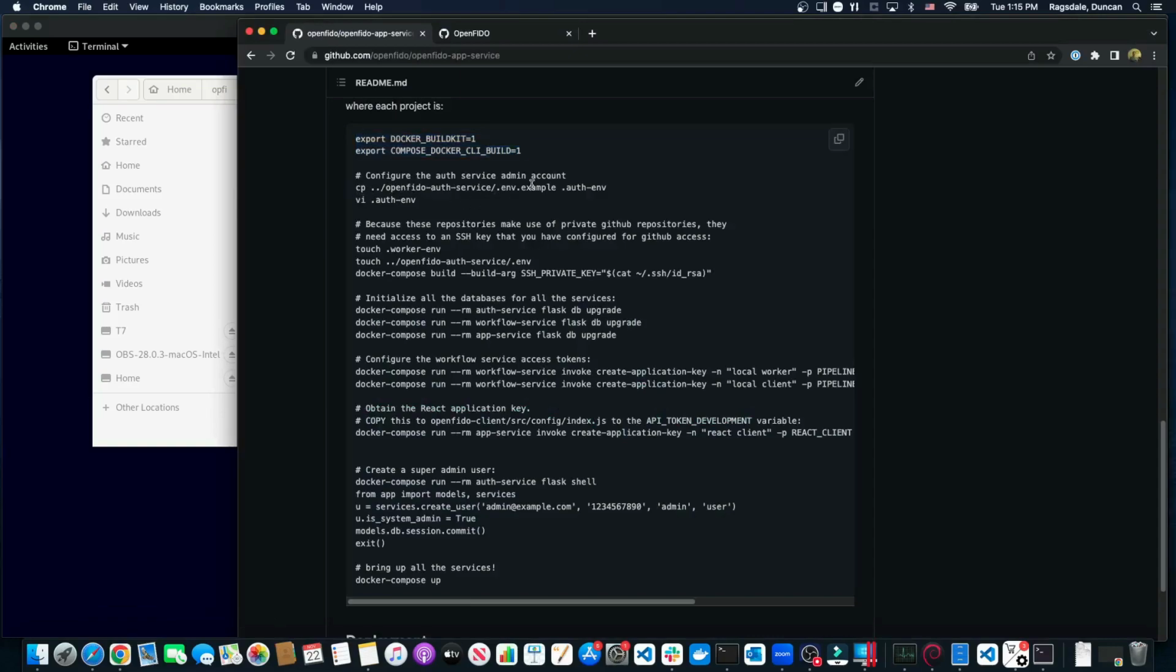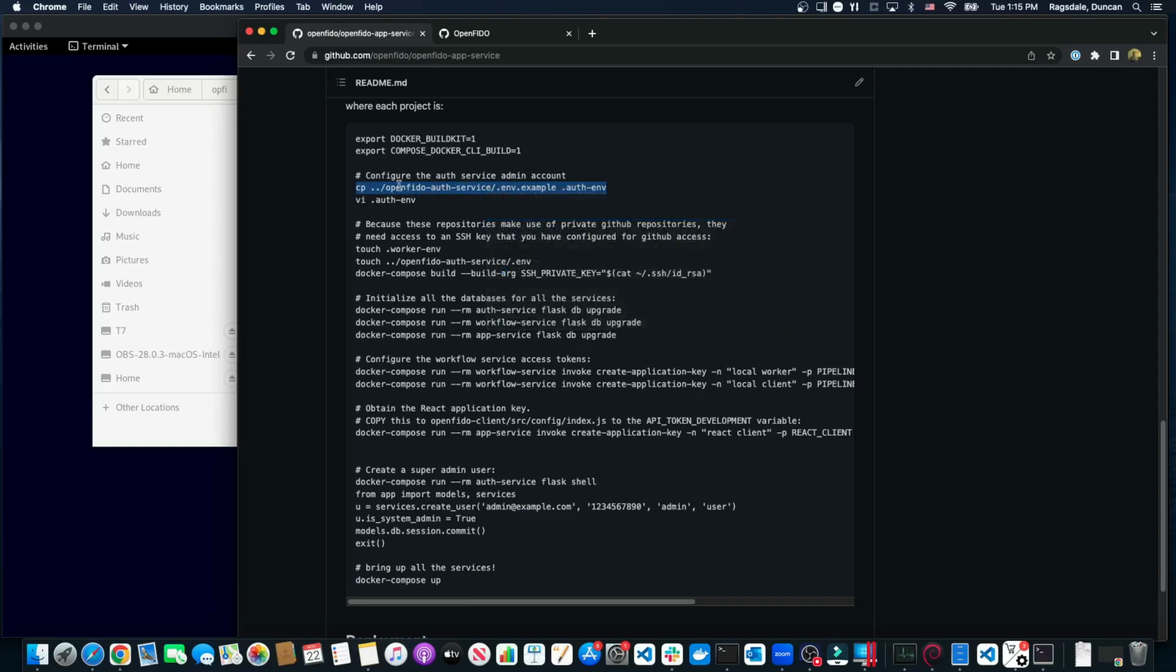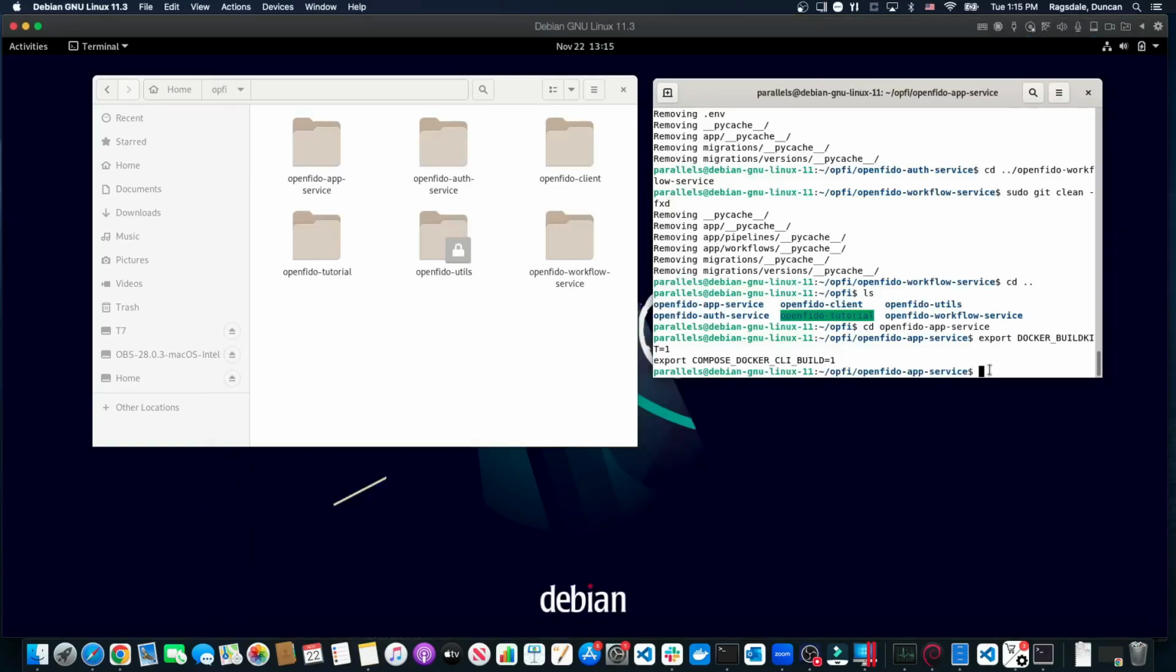is use this handy cp command. This is why I had everything built within our local structure within the same directory, because it allows for an easy set of commands. You just go back up one into OpenFIDO auth service, and we'll take the environment example and copy it on over as our auth environment. So once we do that,